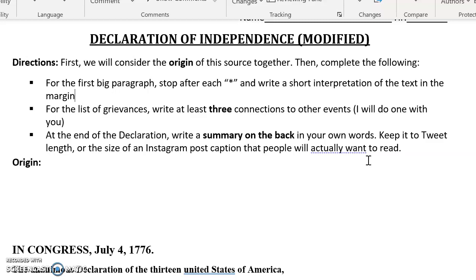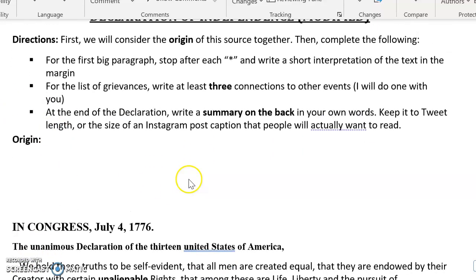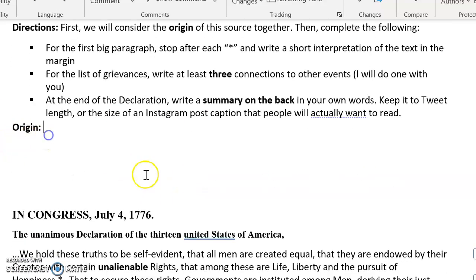You know what I'm talking about. I'm talking about one that you don't need to click see more in order to get the rest of it. Okay, people don't want to read that stuff. So short. All right, first thing I'd like you to do is when we're talking about origin, we're talking about